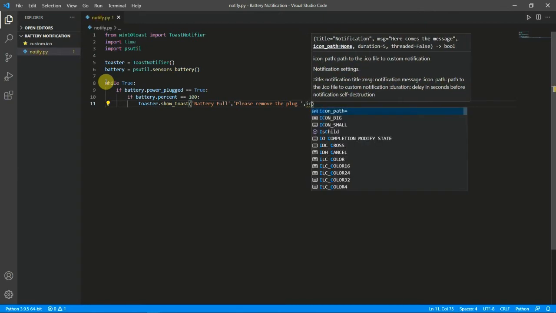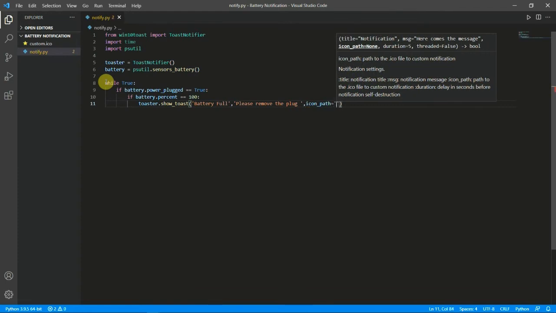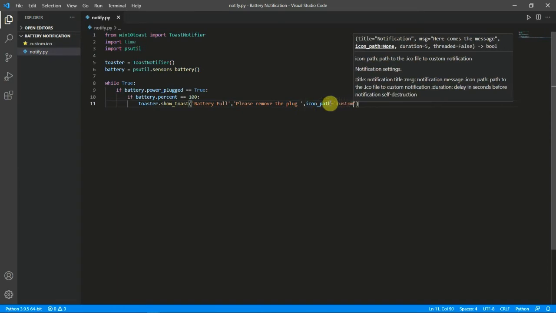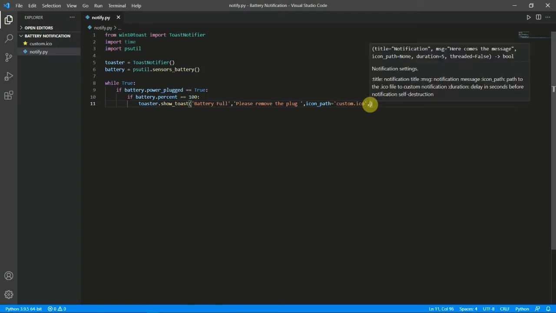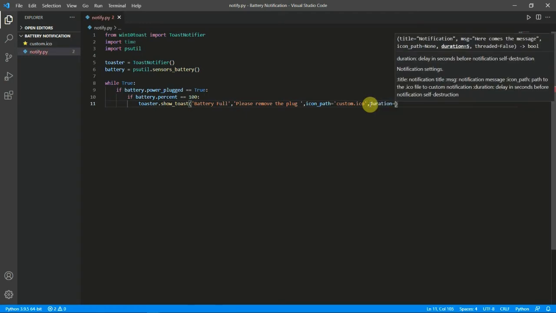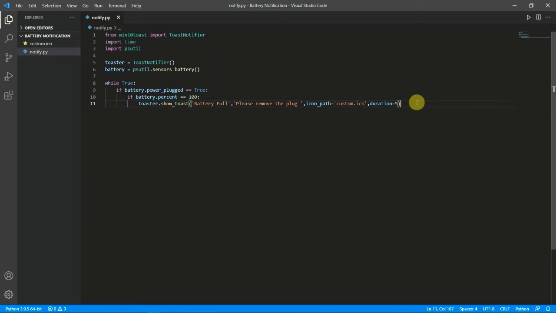So icon path equal to, in single quotation we will just give the path of this. This is in the same folder, so I will give custom.ico. So in this only .ico file works. If you give png it will throw up an error, and then we will set a duration. We will set a duration of 5 seconds, and then we will write an else condition, and